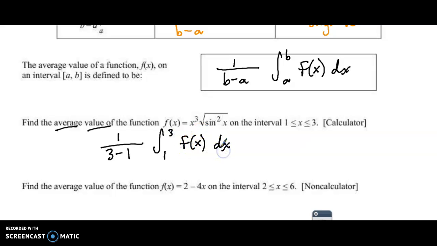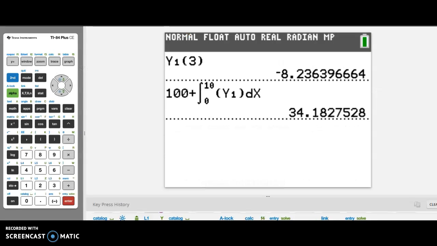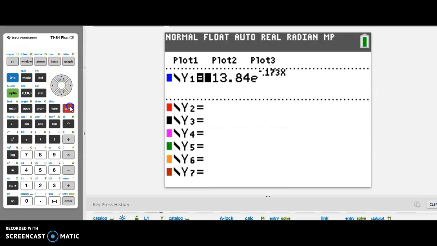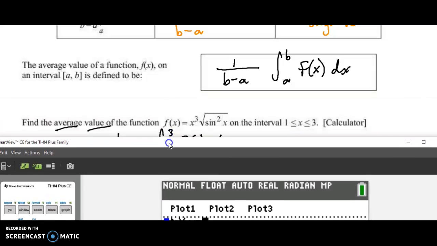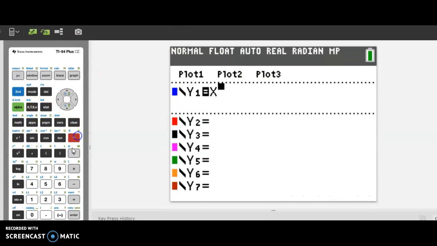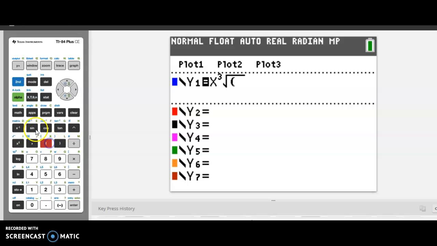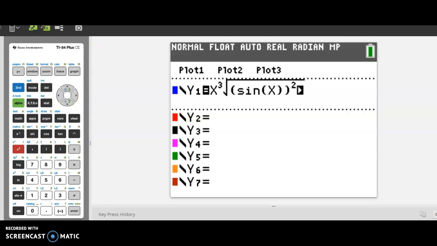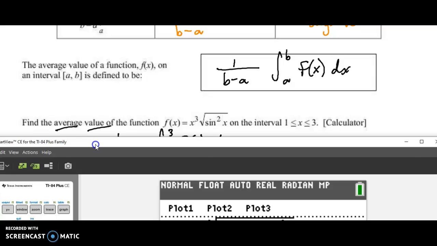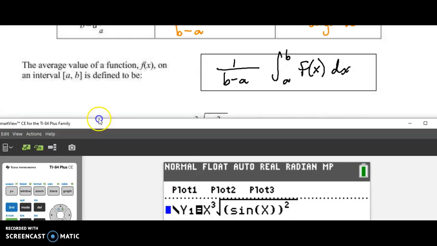So from here, I would just go to a calculator. Now, I might do 1/2 in my head, but I think you know my clues for you right now. Always just go into y equals in case you need to use that formula multiple times. In this case, you only need it once. It's the square root of sine squared. I just like to make sure that I type things in correctly. It's weirdly written, but